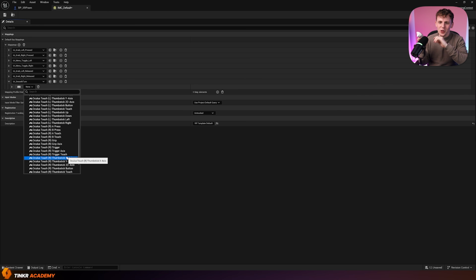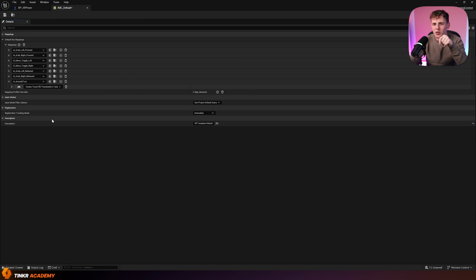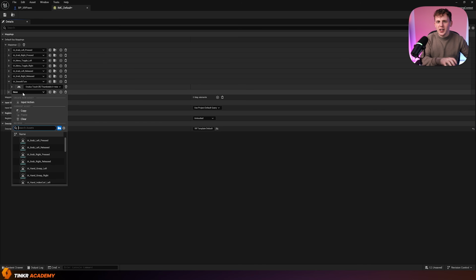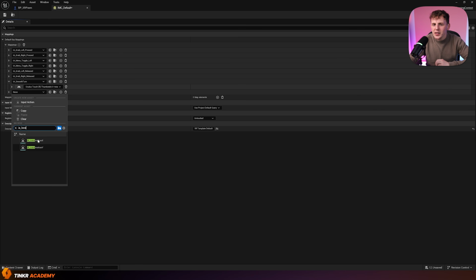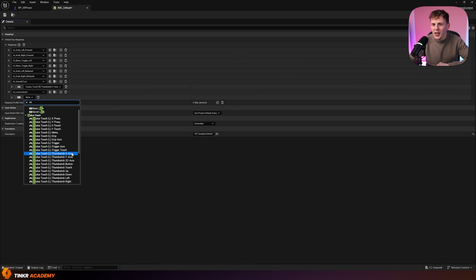Yeah, it's the right-hand controller for our smooth turn. And I'm going to look for my R thumbstick. And then with this, you can see we've got up, down, left, right, and so on. It's the x-axis that I want that's going to trigger this. Then what I'm going to do is take my IA_locomotion X, and very similarly, I'm going to search for my Oculus Touch, and then this time it's thumbstick,